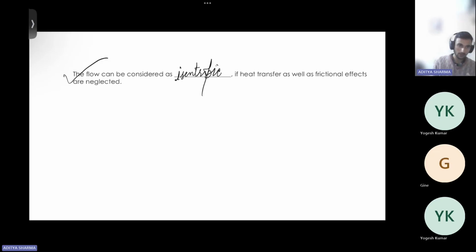All right. So the flow can be considered as isentropic. The answer to this fill in the blank is isentropic. So if there is no heat transfer or frictional effects,